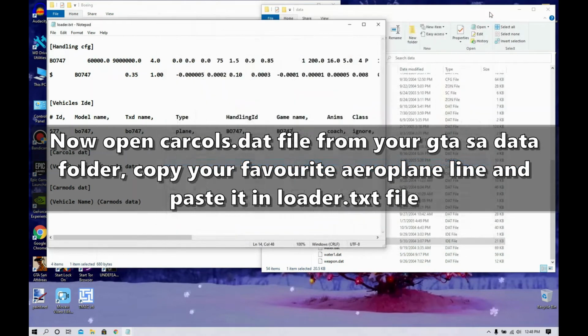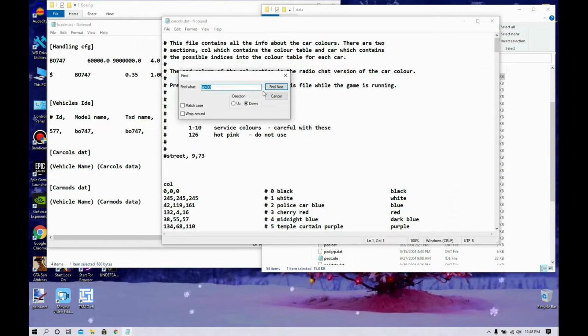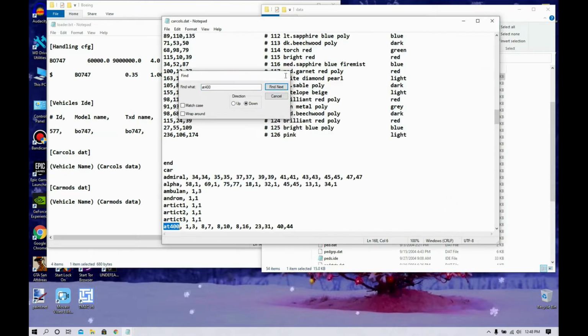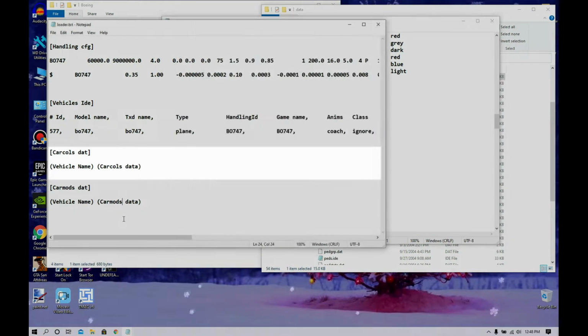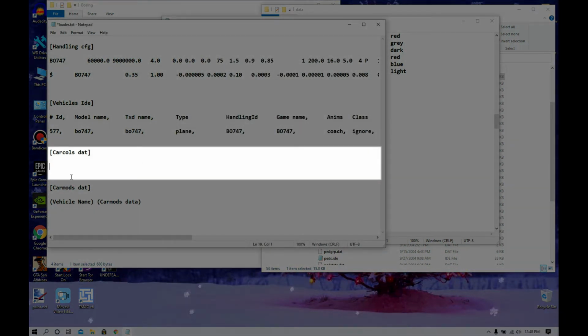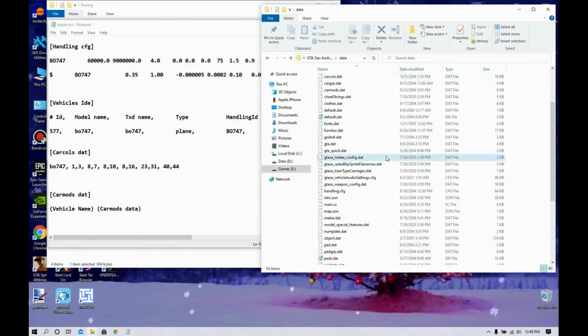Now you need to go into your car call stat and open with Notepad, search for 8400, as we can see it right here. Copy this data and paste it right here, and again rename this line to 747. Now go into your car mode stat,